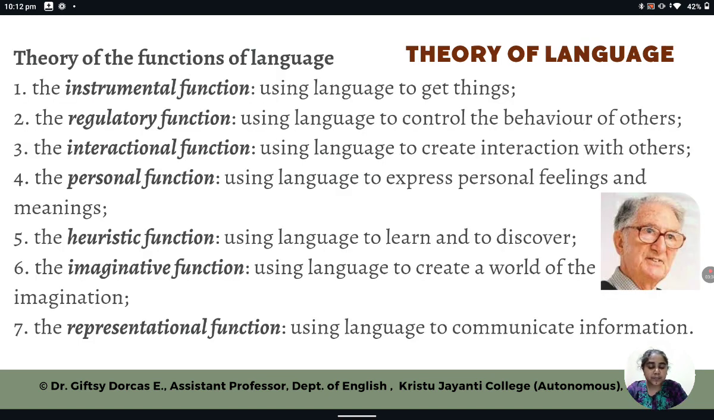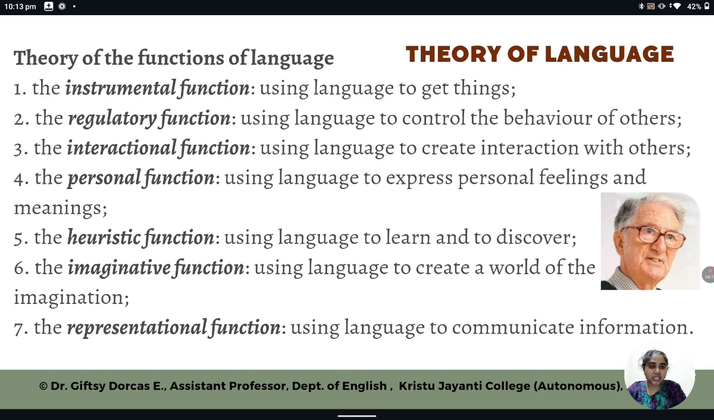The 7 functions of language put forward by him are the instrumental function, that is how you use the language; the regulatory function, how language is used to control the behavior of people; the interactional function, which is how language is used in communication, in interaction with people; and fourth is the personal function, which is using language to express personal feelings and emotions. The heuristic function of language comes as the fifth function, and it is using language to